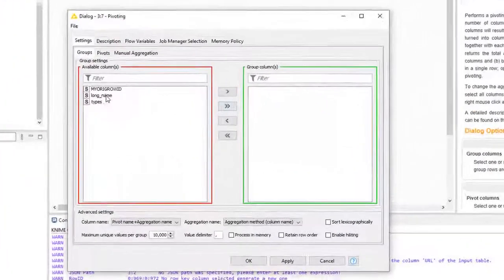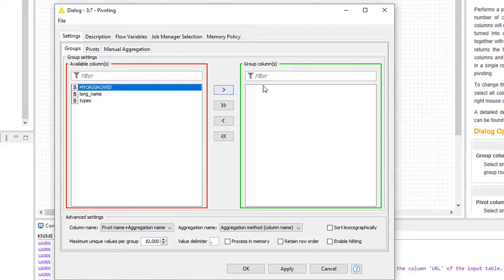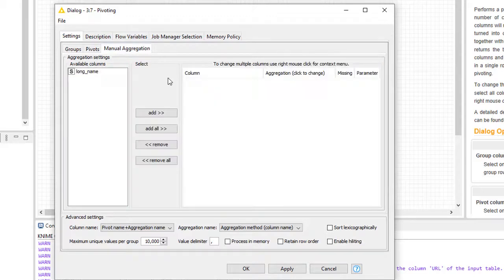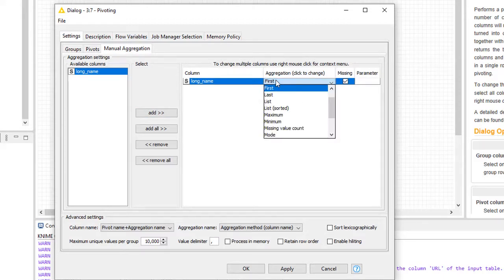So I'll set up the pivot and say on the row ID, and I want to pivot on the type. And for the manual aggregation, I want to take the long name, and I'm going to give it a value of first. I'm going to take the first value. There's only going to be one for each type. That's by definition, since that's the way I extracted the data. So I could take the first one, the last one, it wouldn't matter. Even if it was a list, there's only one value. So I'm going to go ahead and click OK here